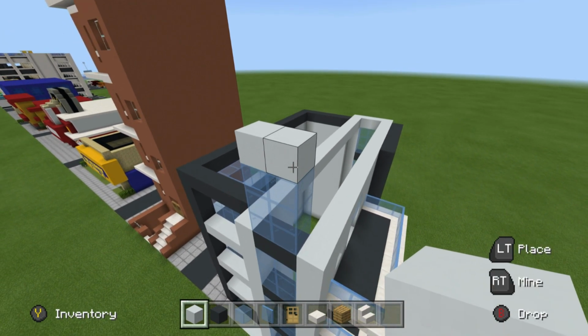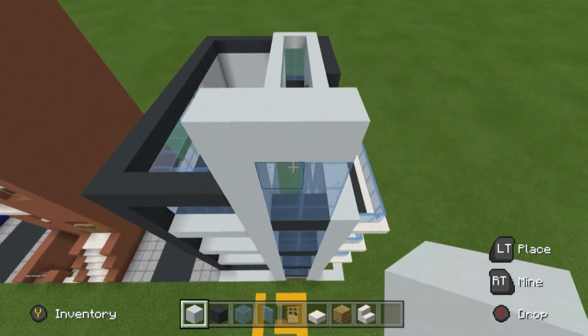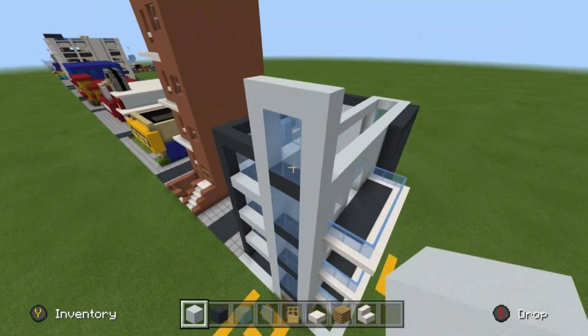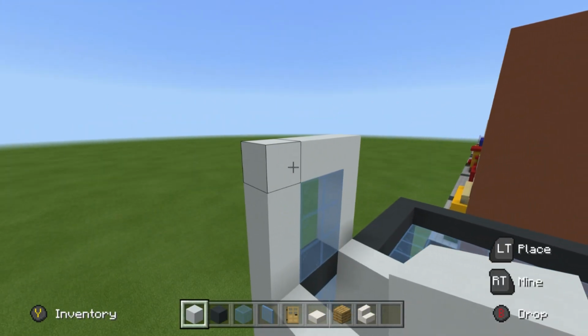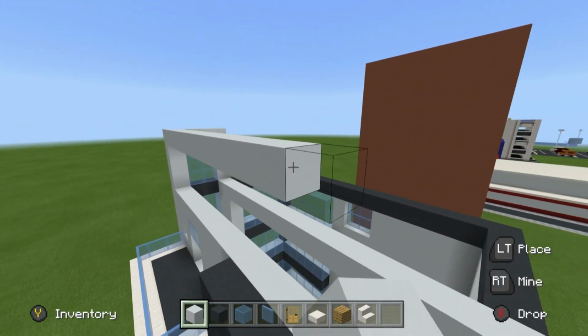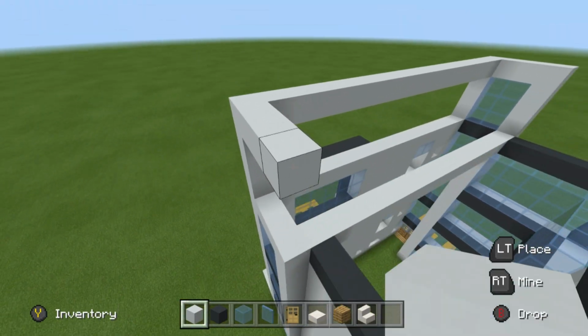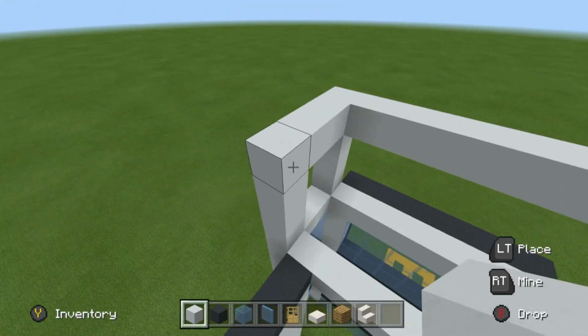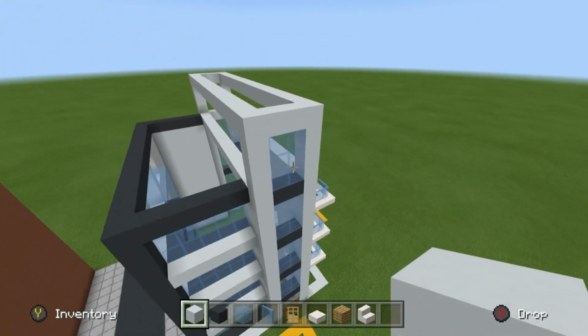If you want to build more floors, place grey. Place white concrete extending left and right to join the top of the building. We are then going to extend the corners back and down here to join backwards towards the back of the build. So we're building it in pretty much the same order as we built the